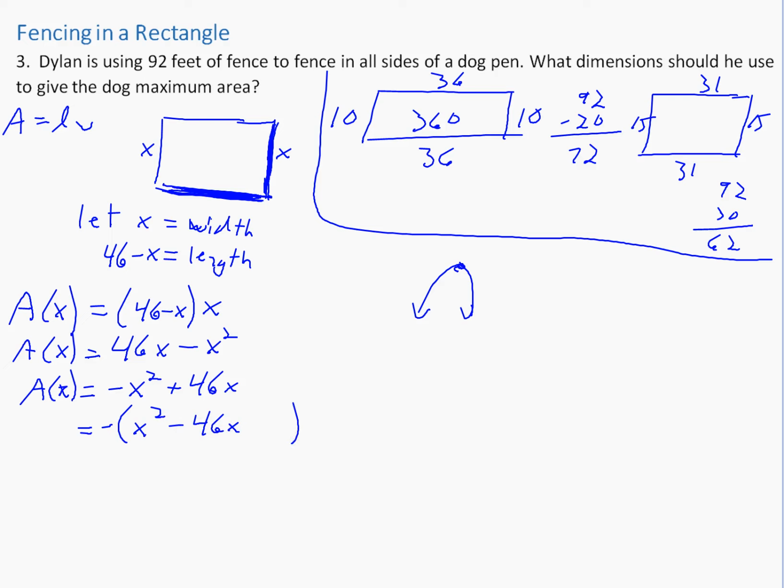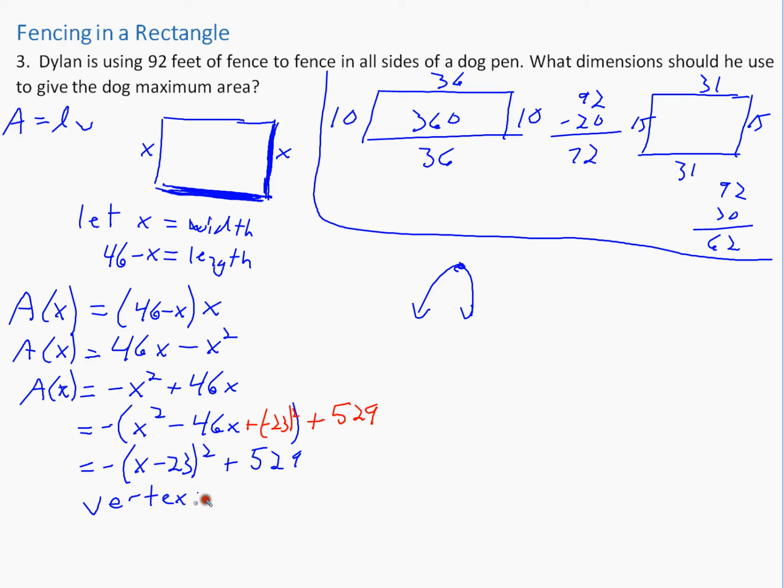We take half of negative 46, which is negative 23, squared. Negative 23 squared ends up being 529. So this is 529, but we have a negative out here, so it's really negative 529, so we have to add 529. Now that we've completed the square, we have a function that is negative x minus 23 squared plus 529. For our parabola, that means we'll have a vertex